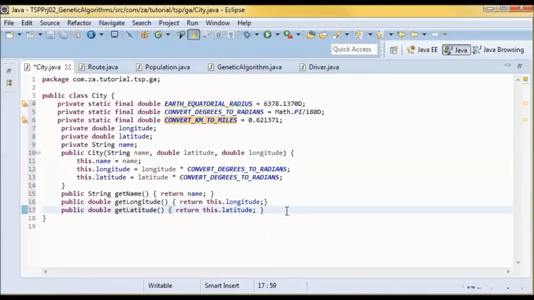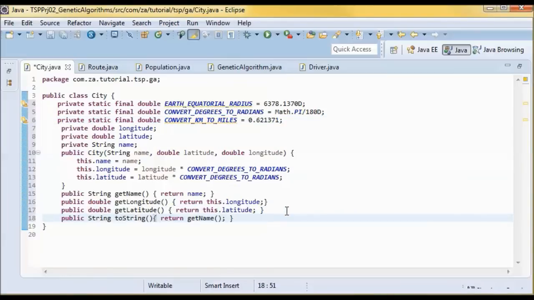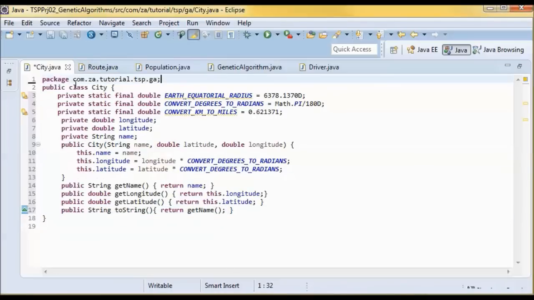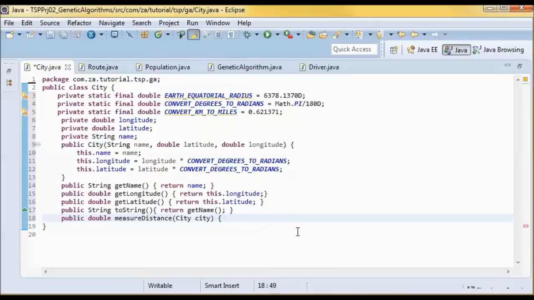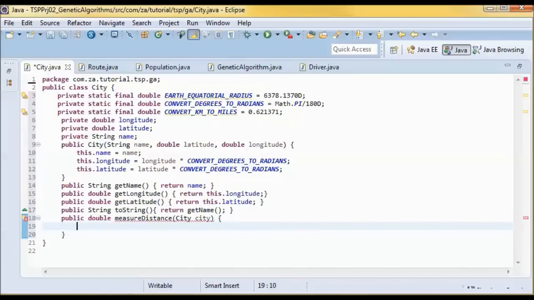And I'll have the toString method returning the name of this city, and we will have this measure distance method that measures the distance between this city and the passed-in city. So for now, let's return 0.